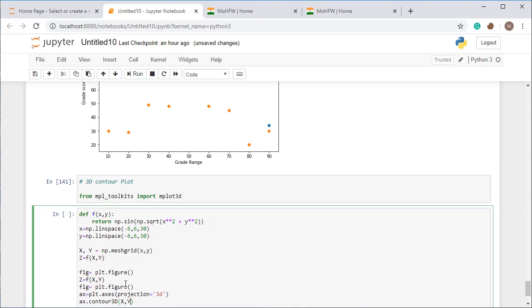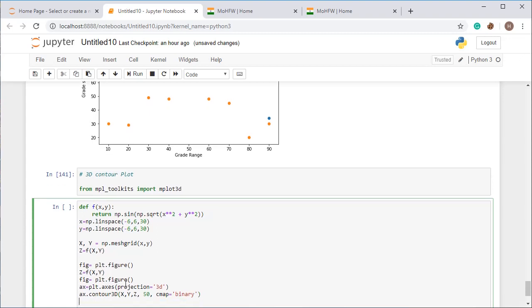All right. So I will request you to please explore these things. Whatever you are learning, just go for it and make yourself comfortable in everything. I'm setting it to binary for a purpose, so that it creates a particular 3D plot in a strong format. For this, I have used ax.set_xlabel.